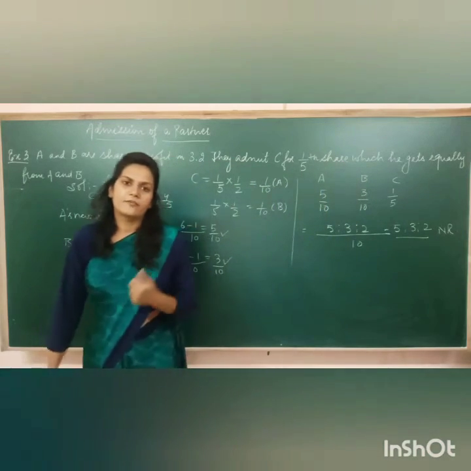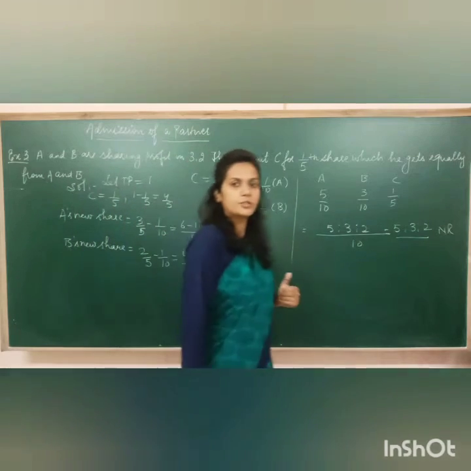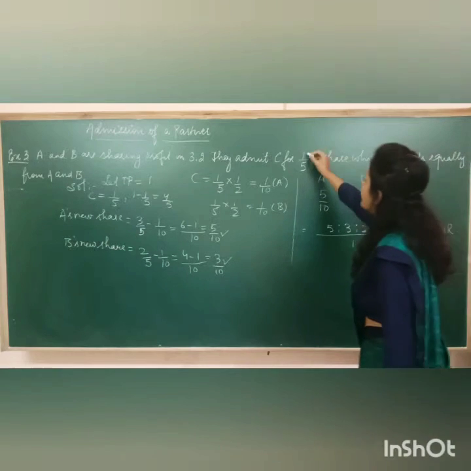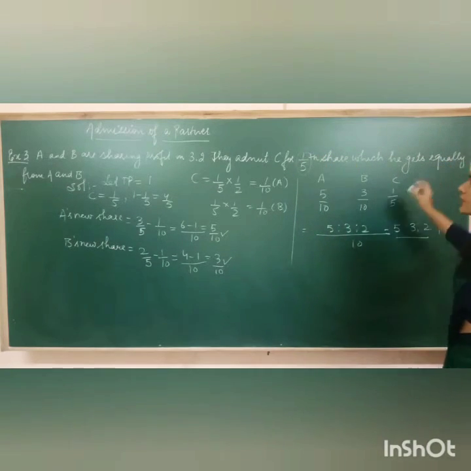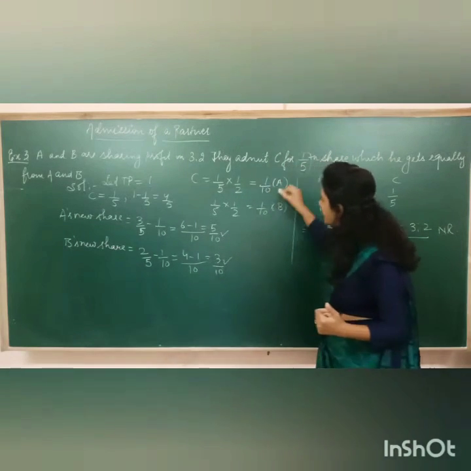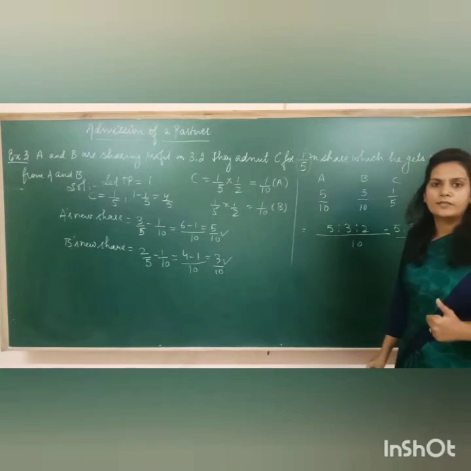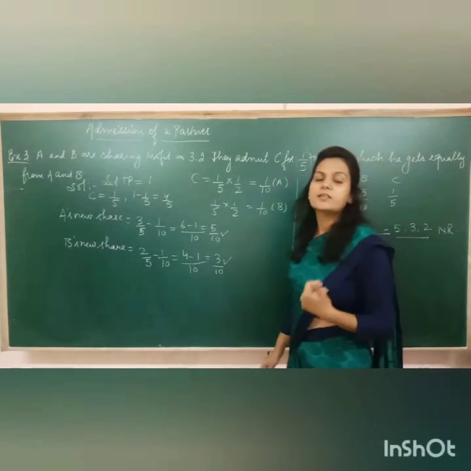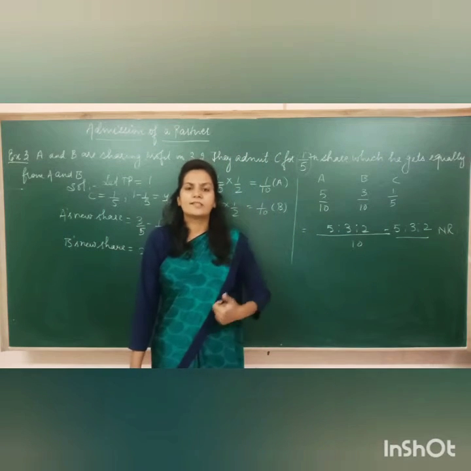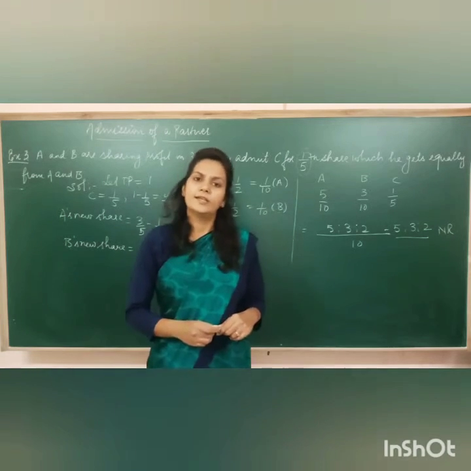Now what about the sacrificing ratio? See, there are two options. Either you can use the formula old ratio minus new ratio for calculating the sacrificing ratio, or it's clear that this share has been given by A and B equally. It means that A and B are sacrificing equally, as you can see here. A has given 1/10, B has also given 1/10. So this way we can derive that the sacrificing ratio is 1:1. We need not calculate it. It's clear that the sacrificing ratio is 1:1. So now let's move to the next case.